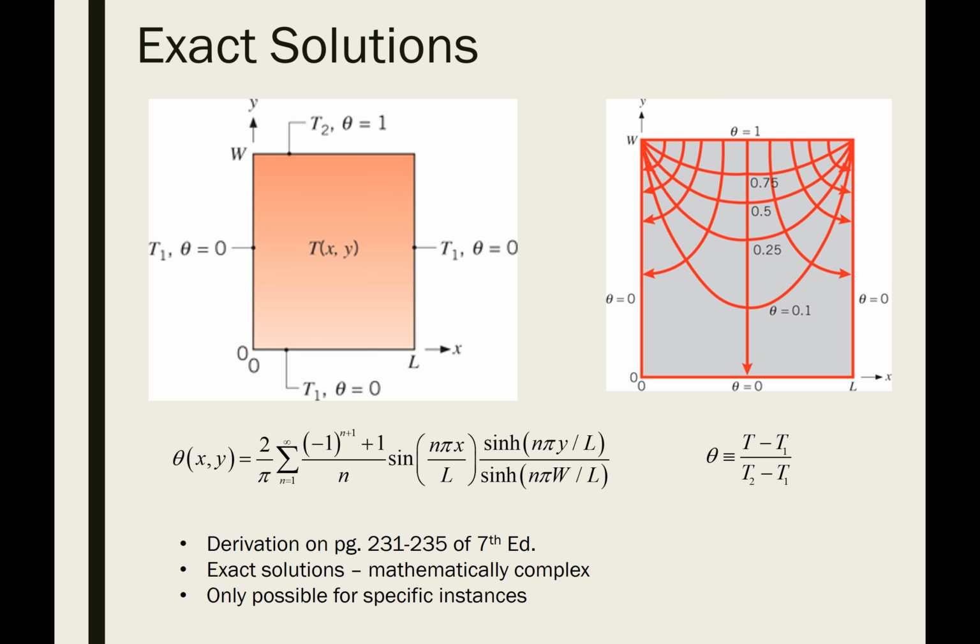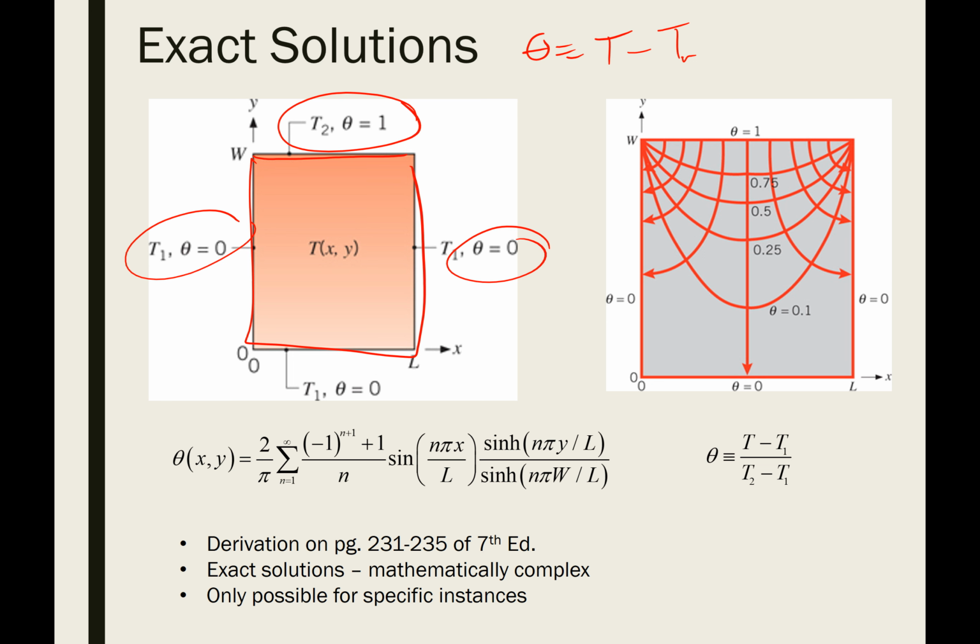It's basically just our temperature minus some reference temperature. If we know that one side of our solid is at the highest temperature and all three other sides are at the lowest temperature, then we can solve that version of the heat equation analytically